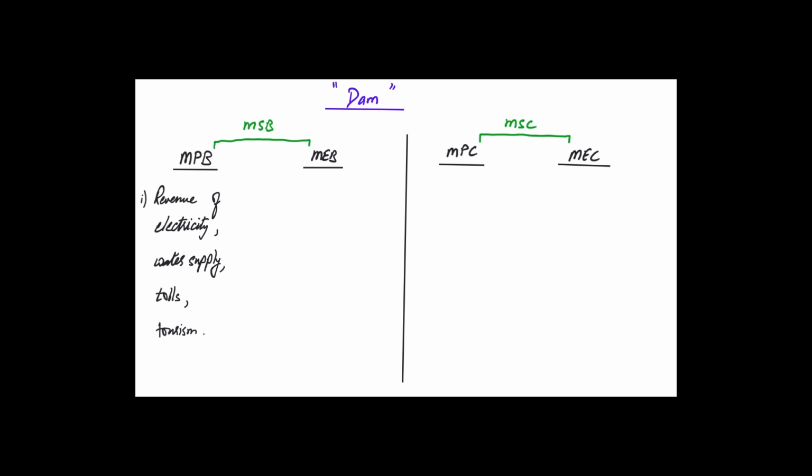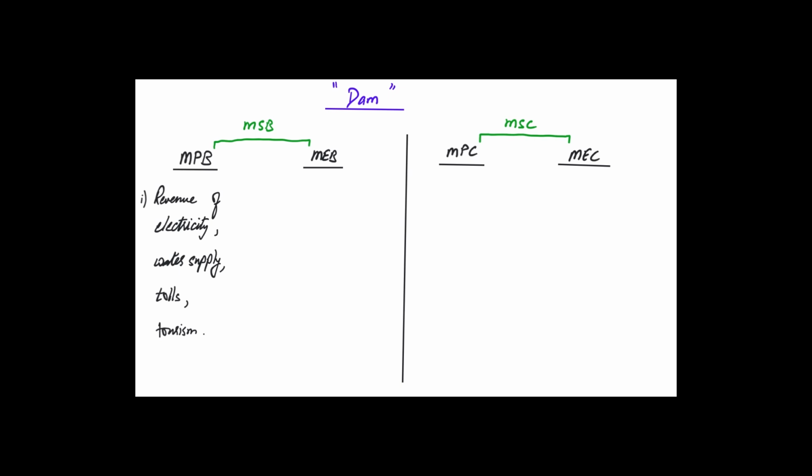For example, if there is a highway and there is a toll, I use that highway to go to Hyderabad and I reach a lot faster. Well, I could have taken the other route also, but that's a lot slower. So if I paid for it, that's private. And the benefit is in terms of the time I'm going to save, the fuel that I'm going to save. That's my personal benefit because I'm paying to get that.